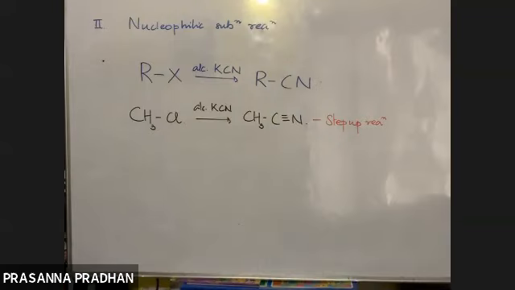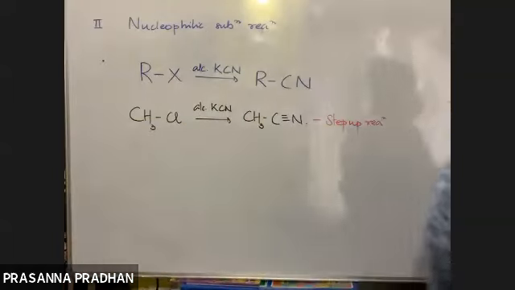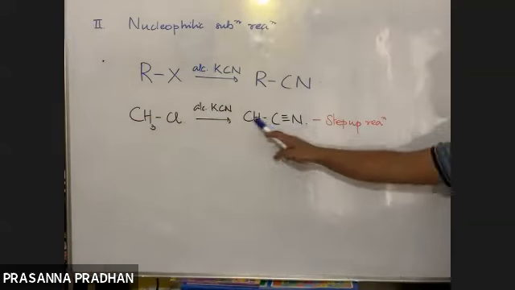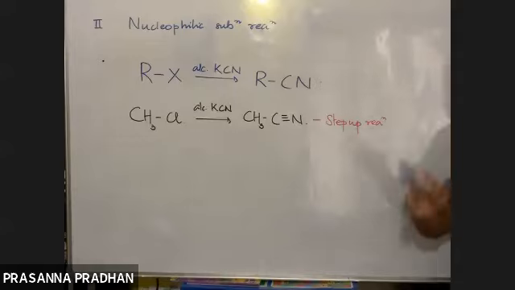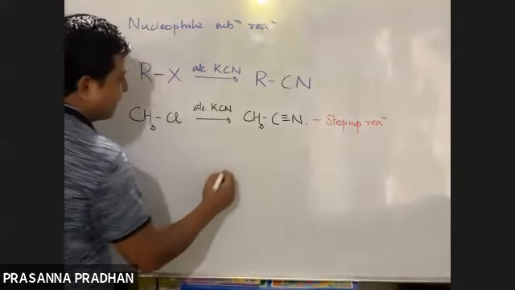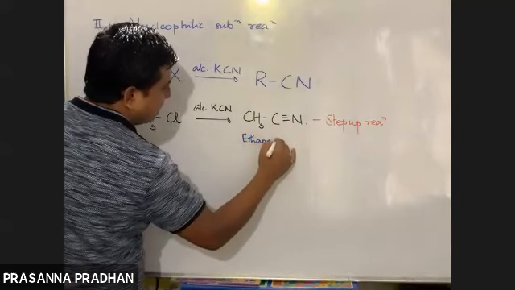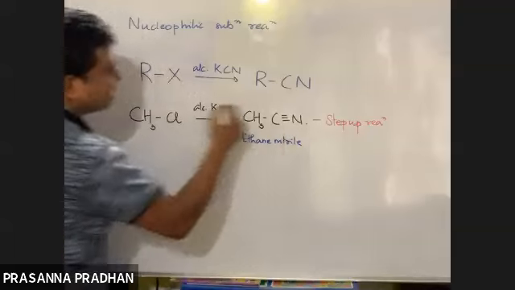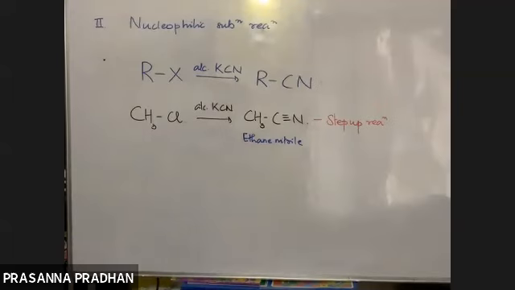Okay. What is the IUPAC name of this compound, by the way? What is the name of this functional group CN? Yes, it is known as nitriles. So how many carbon atoms are there? Longest continuous carbon chain, there are 2 carbon atoms. So the IUPAC name of this compound is ethane nitrile. Or the common name is methyl cyanide. We can also say this as methyl cyanide or ethane nitrile.